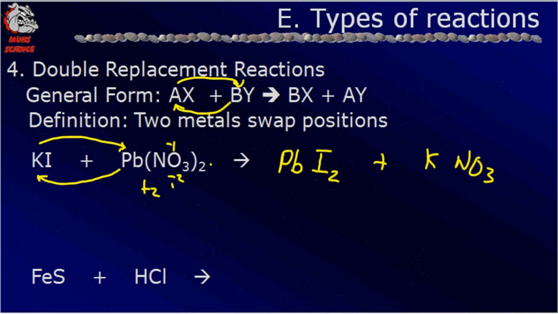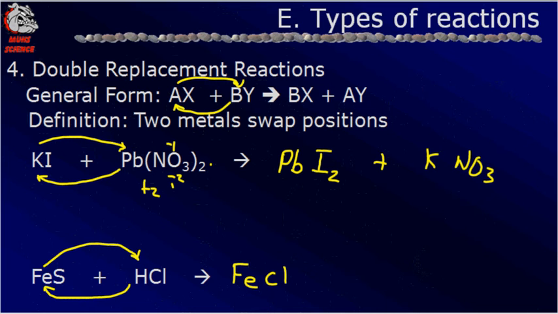So we're good to go on that one. Everything's written correctly. I should just space those together better, but I didn't. In this one, it's going to be the iron and the hydrogen that are going to trade positions. The iron is going to bond to the chlorine, and we get